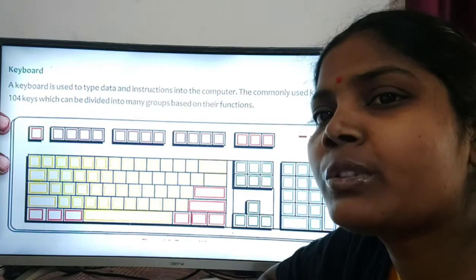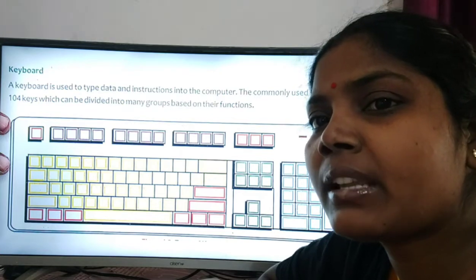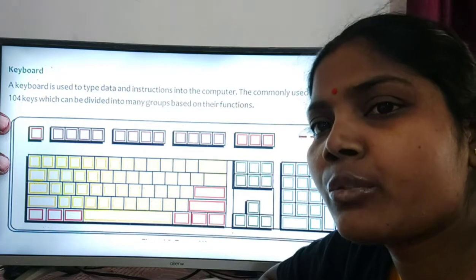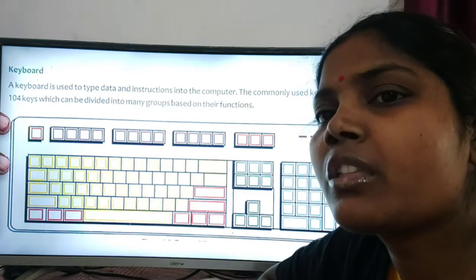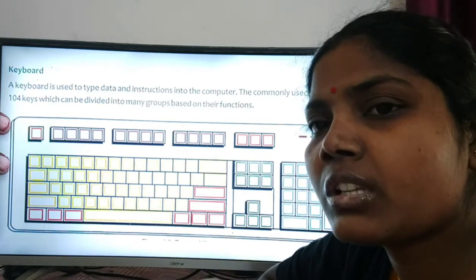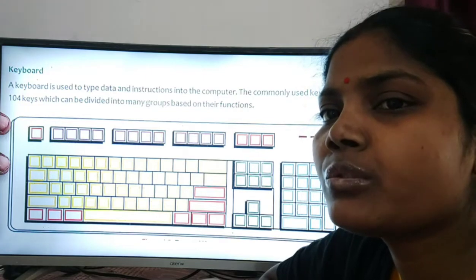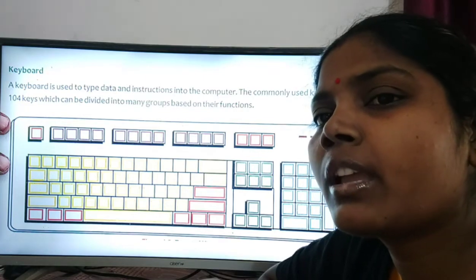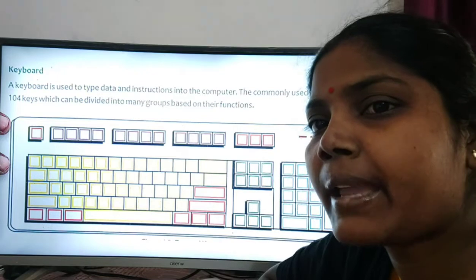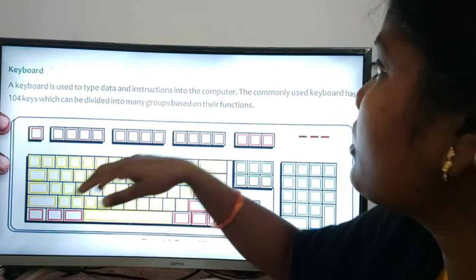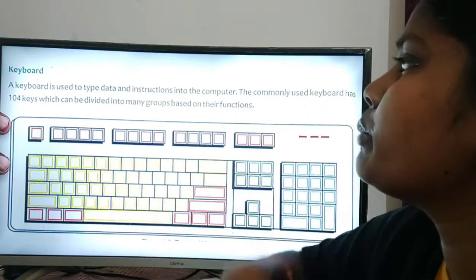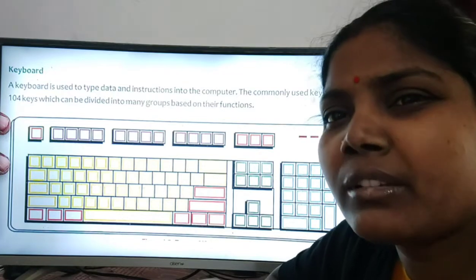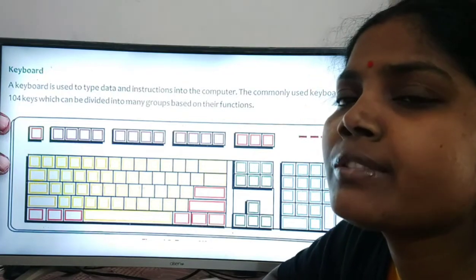If we want to type letters, send a message, or write a story, whatever you want to do, we can do it with the help of the keyboard.